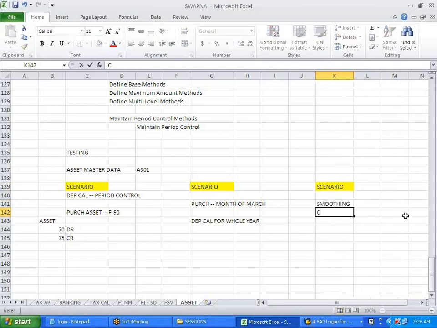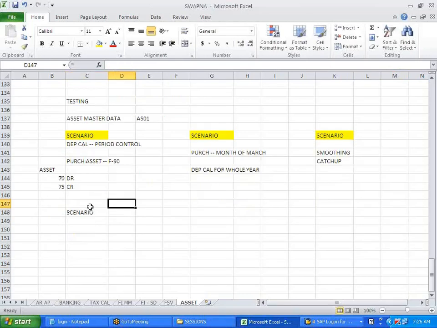Yes. Next scenario is the post capitalization of asset.